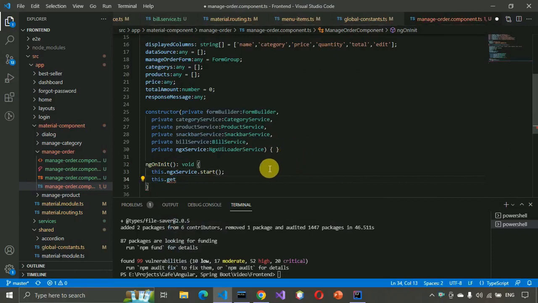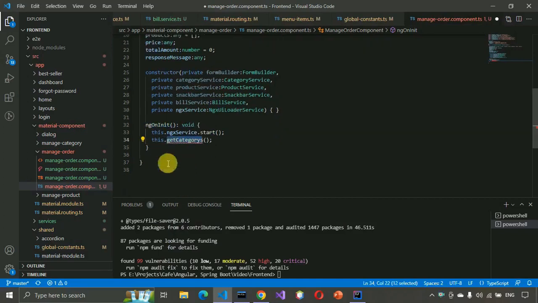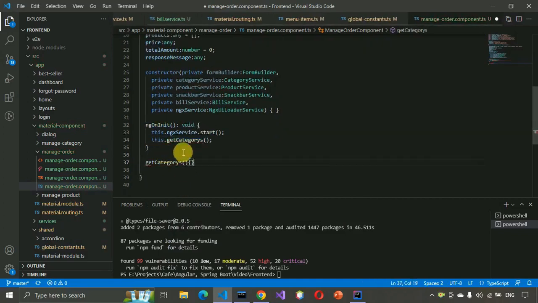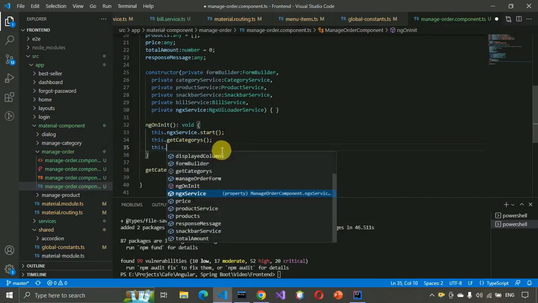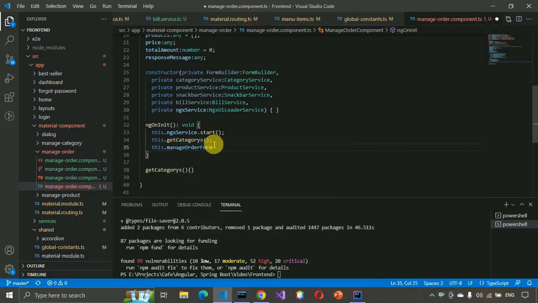So that method basically get all the categories. So get categories, this method, just create this method over here. So just paste it over here, and categories,